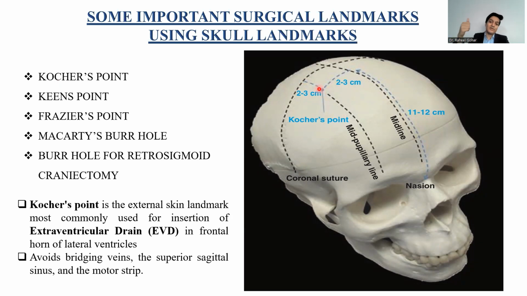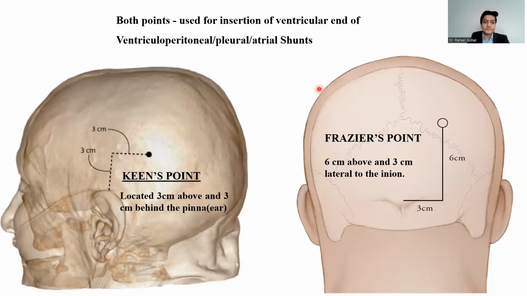So with the help of the coronal suture and nasion, we can identify the Kocher's point, and from there we are going to go medially and posteriorly to hit the lateral ventricles. Okay, so this is the Kocher's point. Now,